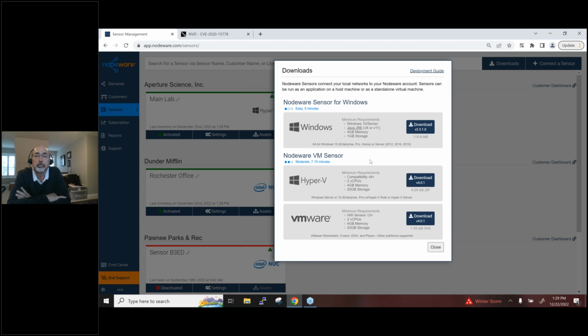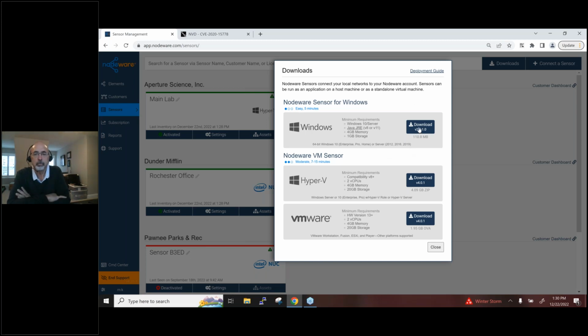But if you want to deploy multiple sensors, let's say you have a California, Chicago, and New York office, you're headquartered out of California, you have virtualization in place, you can go ahead and download Hyper-V or VMware, depending on your flavor of virtualization. You can deploy all three sensors for those three different locations on a single virtual server. In California, it will scan across the wire, provided there is a dedicated connection, and scan your Chicago office and New York office from the California headquarter office.